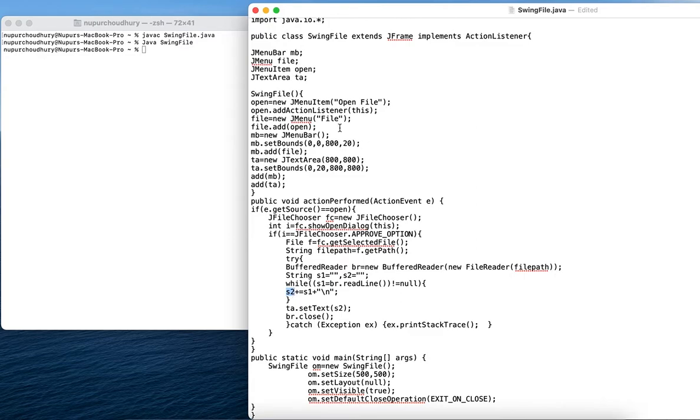As of now, we have to understand that whenever we are using any file chooser, we have different instances which need to be created. The first one is the file chooser, the second one is the file chooser approve option. Then we have to use the getSelectedFile method, and the getPath method. These four operations or methods are extremely essential when we are creating any Swing application using files with Java.